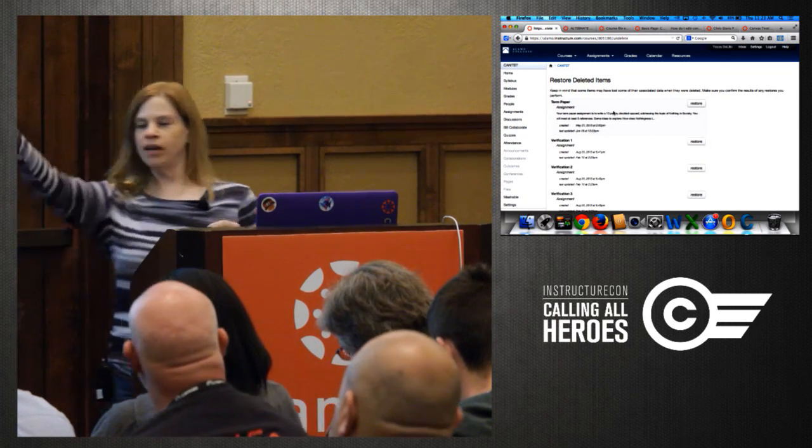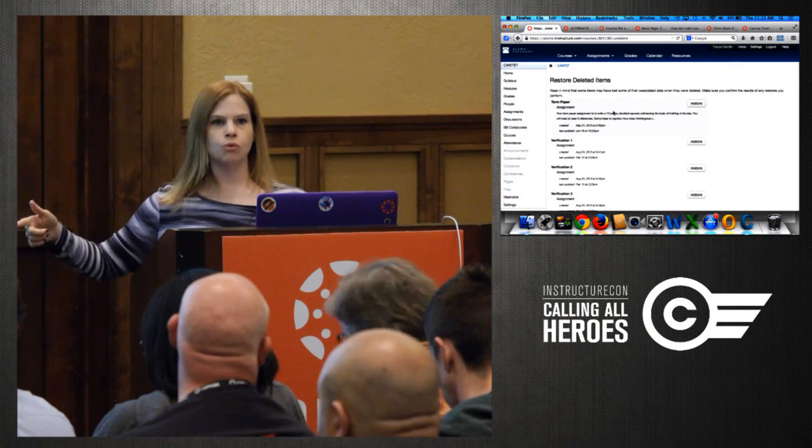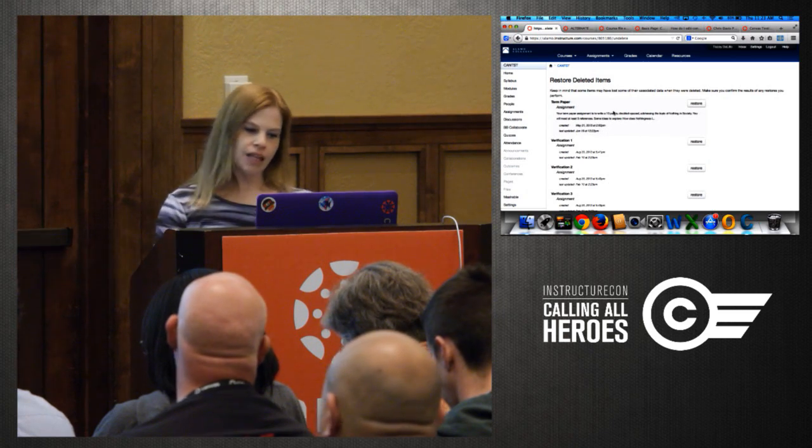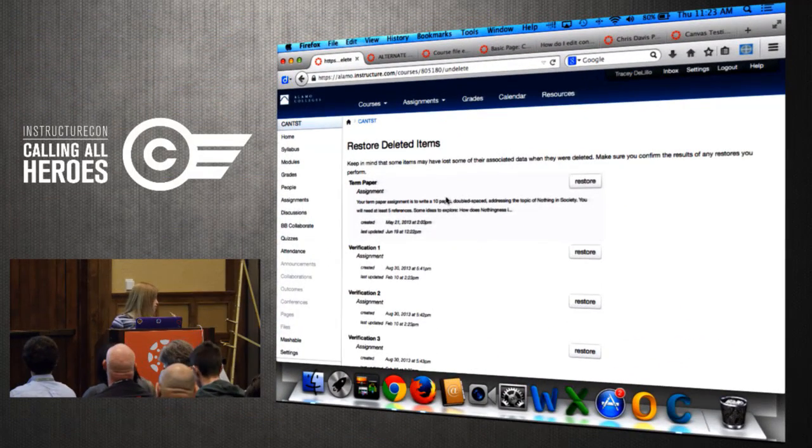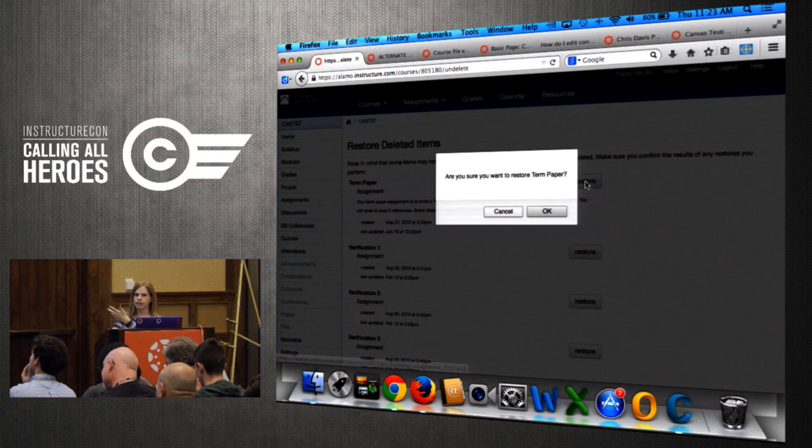Okay, so what we got from the audience is question banks will not come back. Assignments, quizzes, discussions. Discussion replies won't. Module items, okay, so if you delete a whole module, and you restore the module, it doesn't bring back everything that was in it, but it also didn't delete everything that was in it. It's like having a box. You deleted the box, everything fell out. You got to put it back. But anyway, to finish the process here, it's just that restore button.